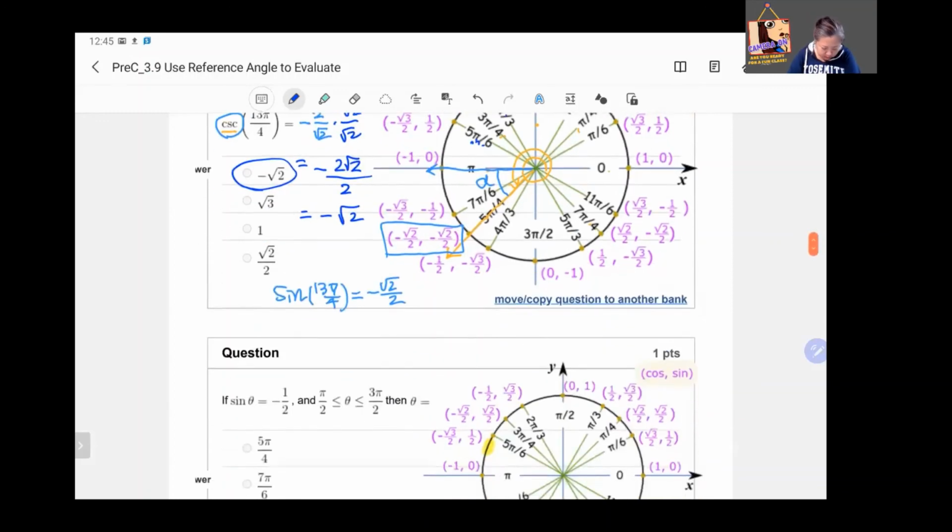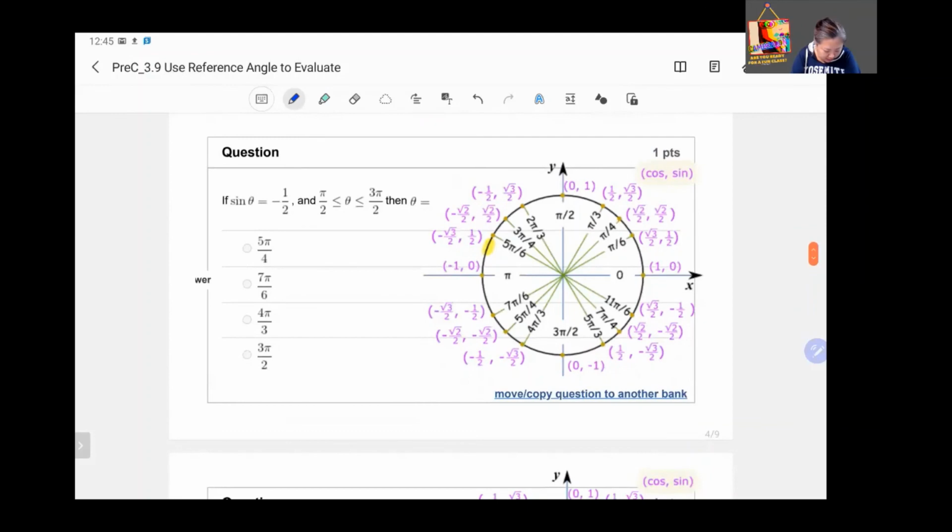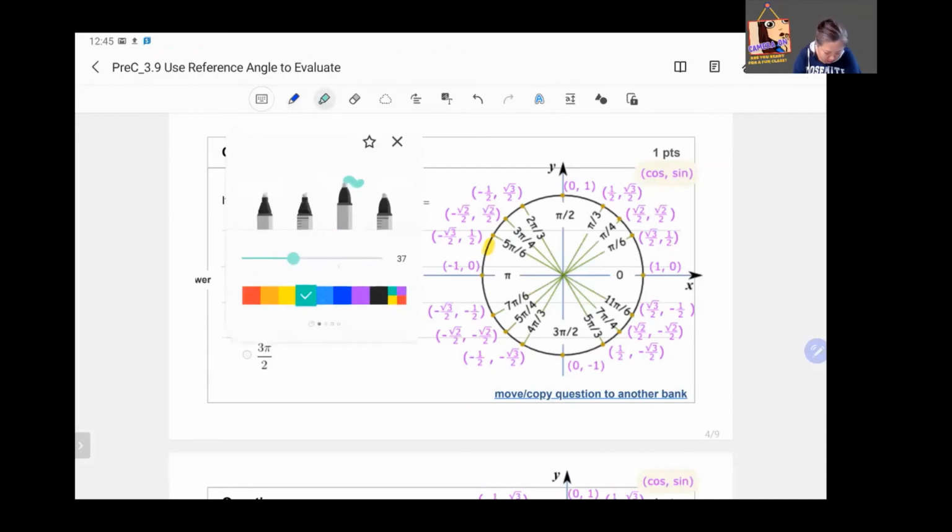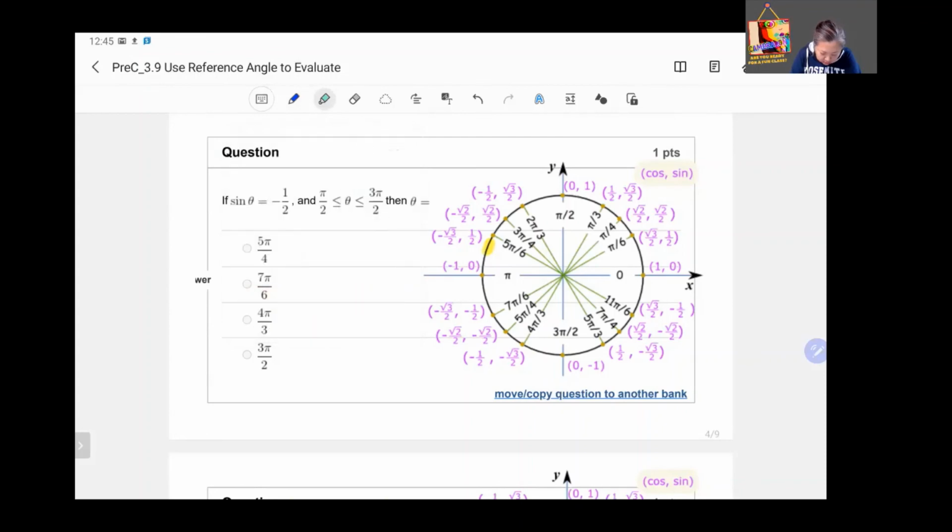Okay, then 2 more questions here. So then, now it's the same format that we had earlier here, but the restriction on the original angle of theta that we are finding is only between pi over 2 to 3 pi over 2, right? So then where is that? This is pi over 2, and then it only goes up to 3 pi over 2. So now only the left half of the unit circle is legit candidates for us to